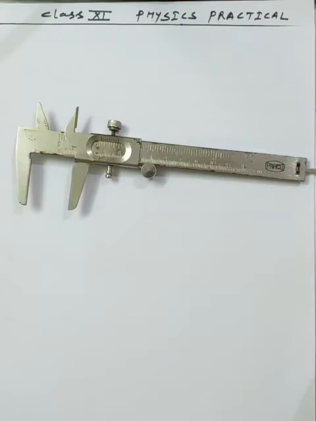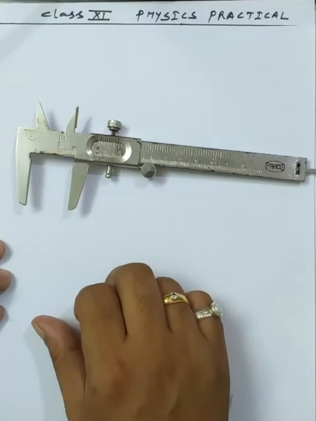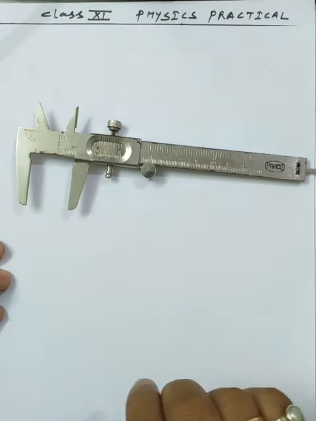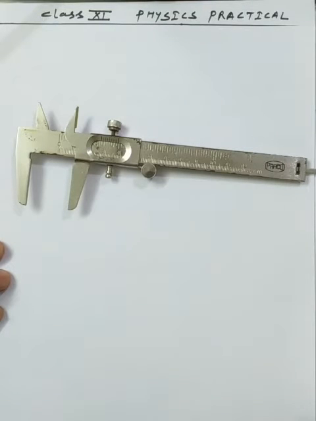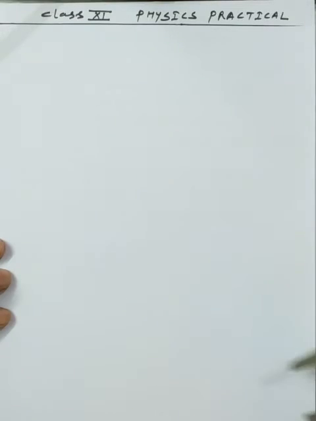Now I am starting with the concept of the vernier calipers, what it actually is, and how we can use this instrument. What method do we want to use in the practicals to demonstrate it? There is a need to discuss this instrument theoretically: each device has its own least count. So one of the basic methods is to measure the least count of this device. I am showing how you can start.